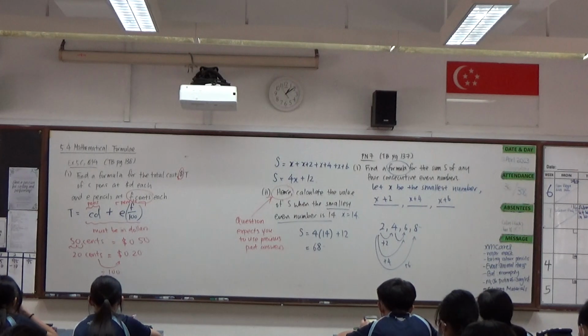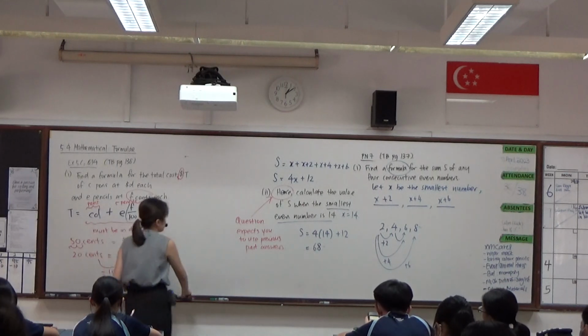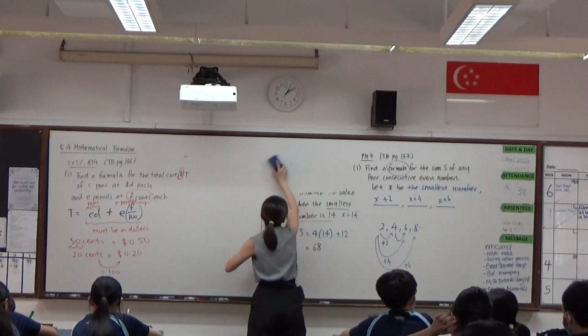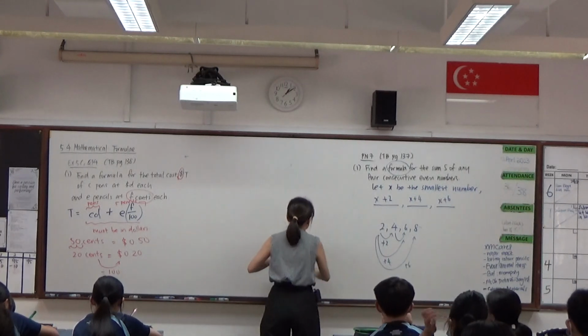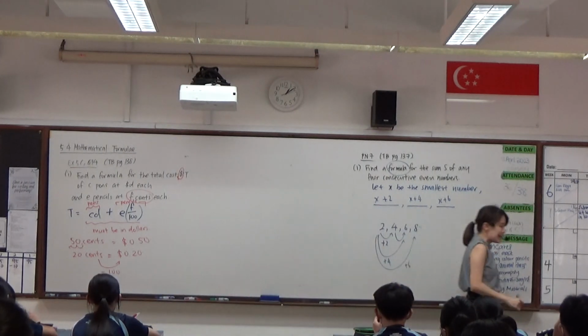Right? And then this will be a formula. Okay, nothing for us to simplify. We can leave it as it is here already. Right? And then in part 2,